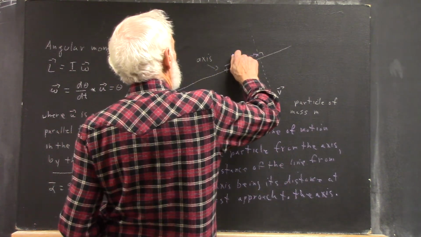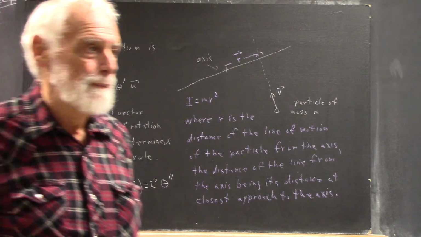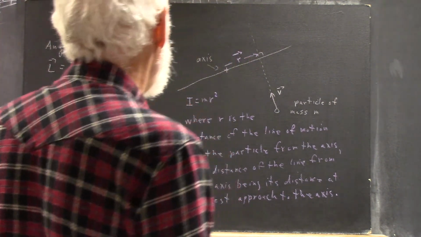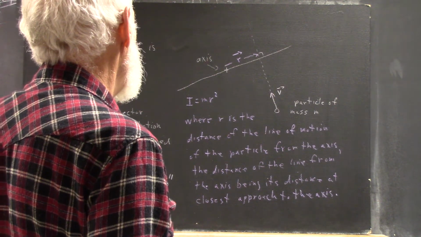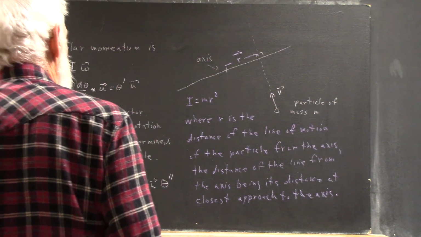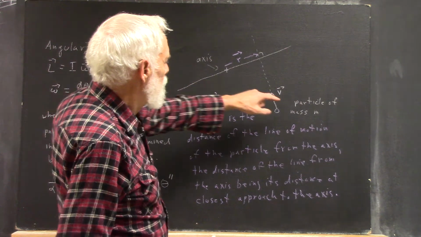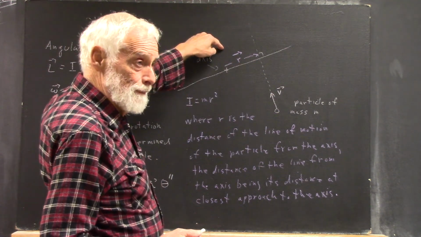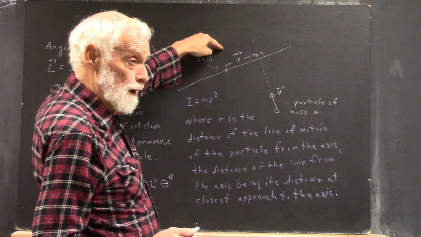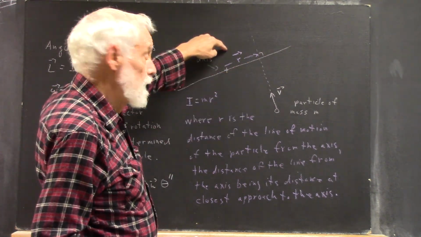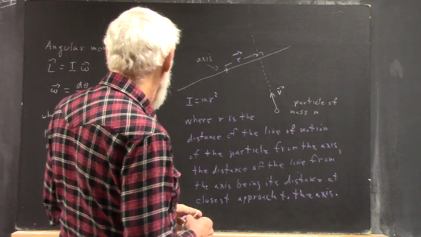If I make this into a vector, then I can talk about the cross product of the velocity and the r vector, or the cross product of a momentum and the r vector. And the cross product